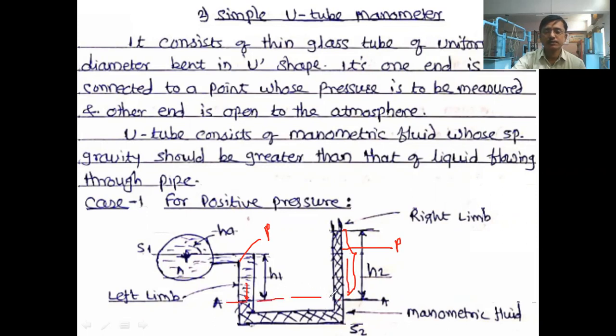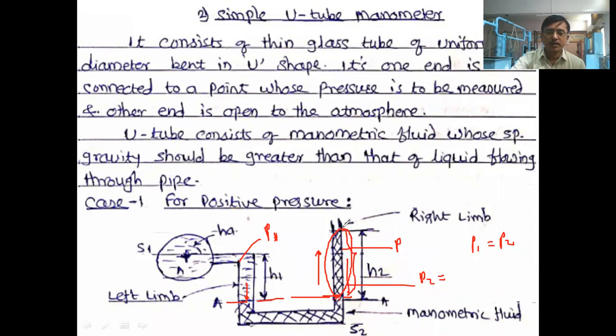Now this is the datum line, so it will get raised up to a level so that the pressure intensity because of this particular column of the liquid must be equal to the pressure intensity of the liquid flowing through the pipe. Means if you give the names P1 and P2 here, this P1 must be equal to P2, right? So how to find out this P2? This P2 is nothing but gamma H.